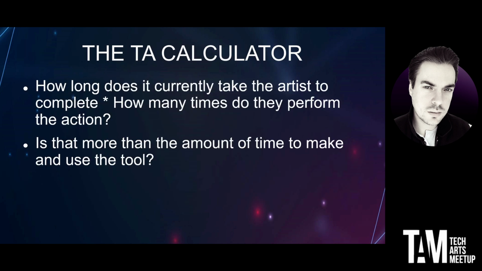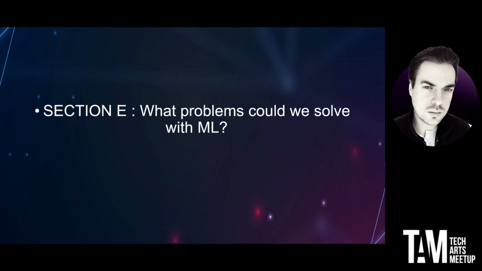And the calculator, so you've probably heard of the Tech Art calculator. Whenever we're figuring out whether it's worth making a tool, we ask: how long does it take the artist to do it, times how many times do they do this thing, and is that less or more than how long it will take us to build the tool and ultimately have it get used. That is something we're always going to factor in when we look at these options and adopt them into the pipeline. And so that comes to, okay, let's flip it on its head.